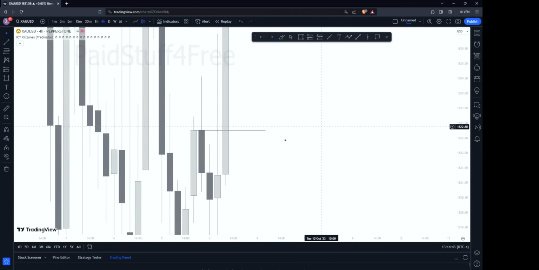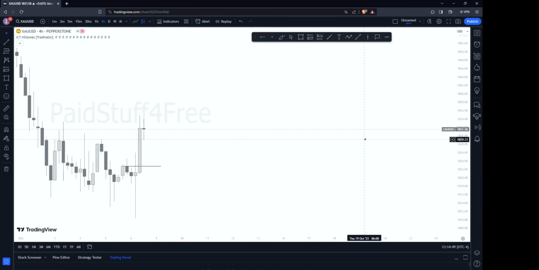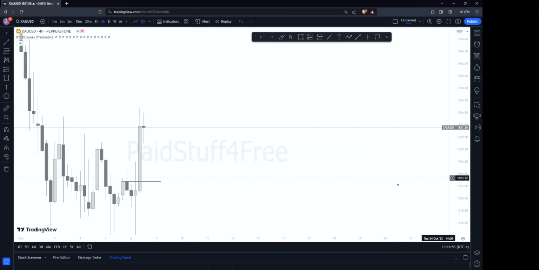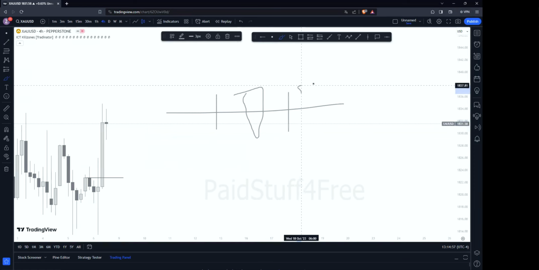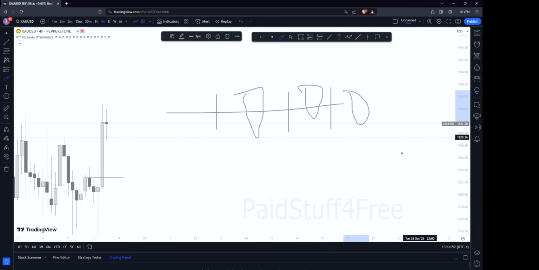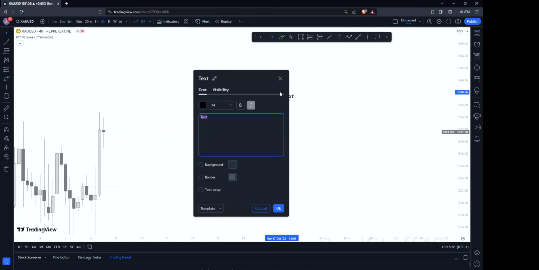So once it breaks it, it makes it fresh again another time. Understood? Okay. So how many times can this happen? How many times can a level get touched by a wick? Infinite? No. Okay, we have a rule to this, guys. We have a rule. So for H4 and H1, the level can be